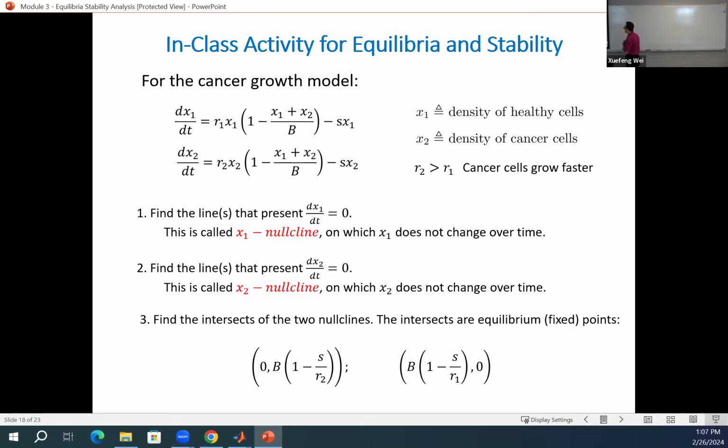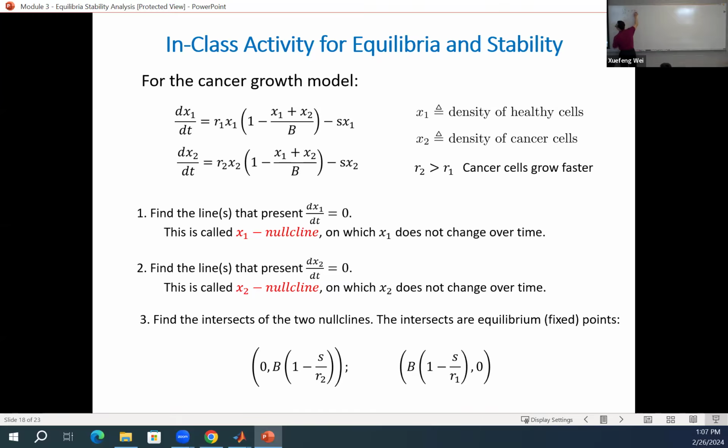So this is also called x1 nullcline. Nullcline means that along this line, x1 doesn't change with time. Let's look at dx1/dt equals 0. dx1/dt equals, and you see that's r1